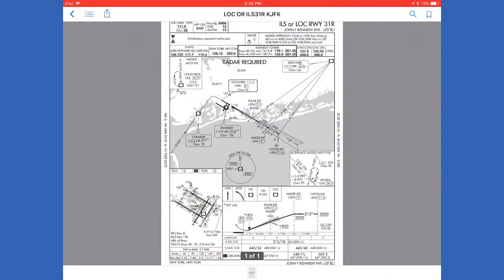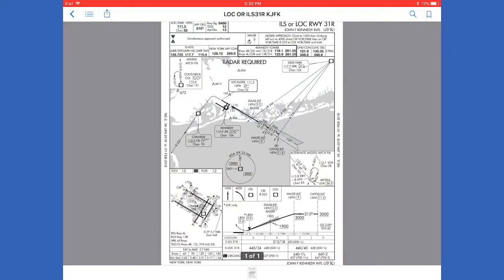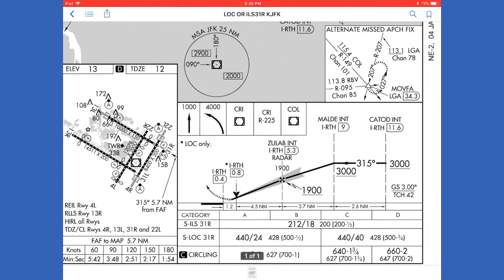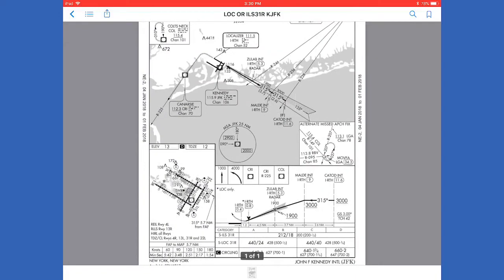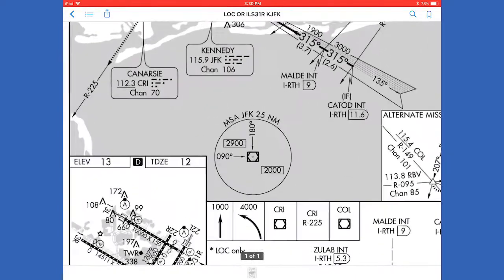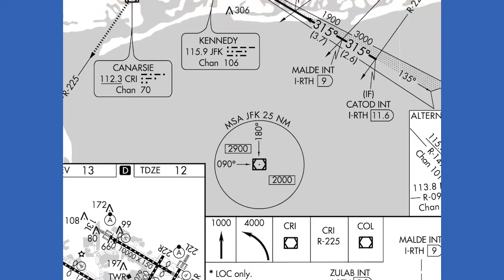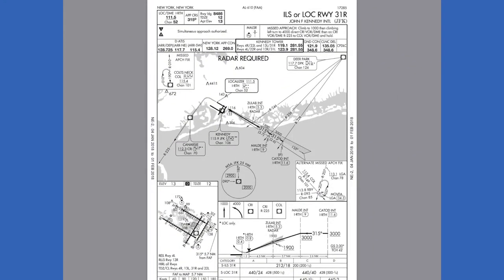So you want to plan to be, there's a lot going on on this ILS chart. Why can't I mark this up now? So I can't mark this up. But you want to be at 3,000 for KTOD and Maldi, 3,000 or above. And then at Zulab, you want to be at 1,900 or above. You're going to follow the ILS on down. And the important thing on this is the minimum sector altitude, 25 miles of JFK VOR, is 2,900 feet to the northwest, and then 2,000 feet all the way else around. And you see a 672-foot building here,